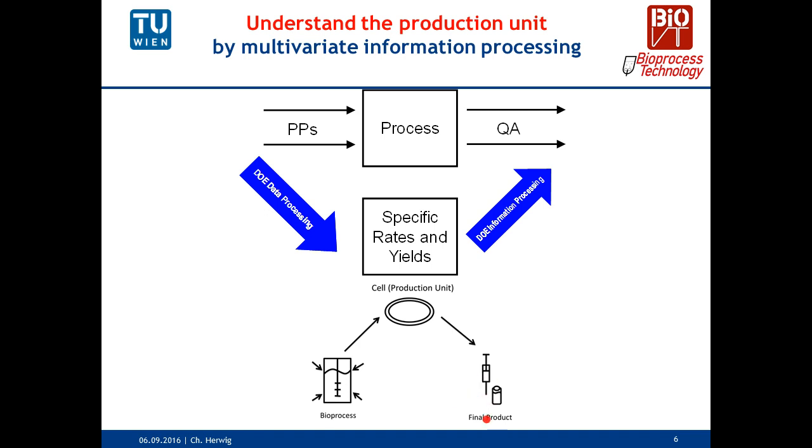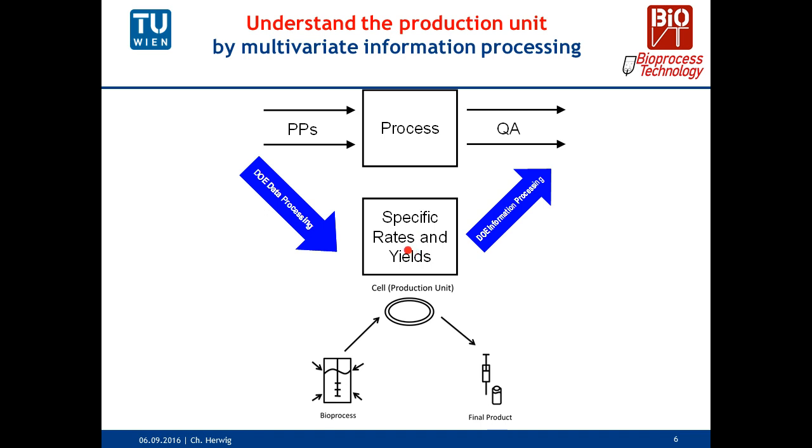So normally you want to develop a certain product and a certain quality, and you have to know how to put the bioprocess with certain process parameters right to get this done. However, we don't go straight here horizontally. We go the bypass via the understanding of the cell production unit, the physiological approach. What we need is to calculate these specific rates and stoichiometries, and this is done, for example, by the MBA analyzer, which I just have shown you. Once you have calculated them, you can use them for a platform